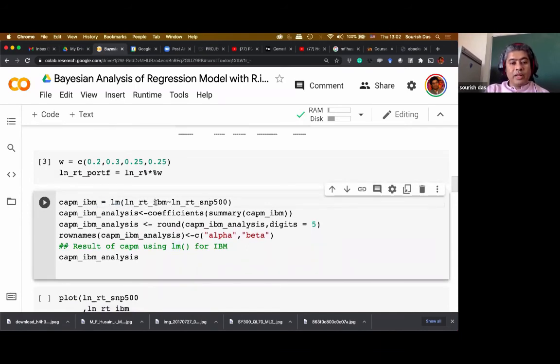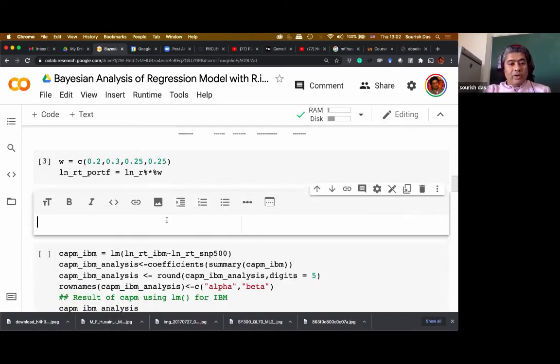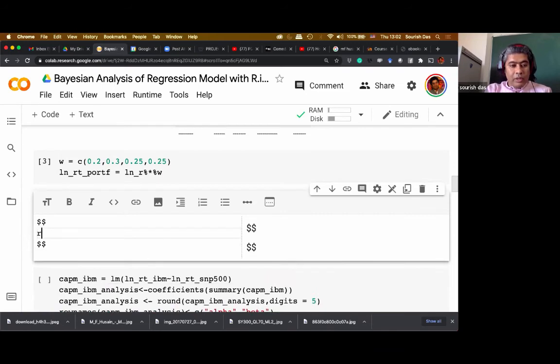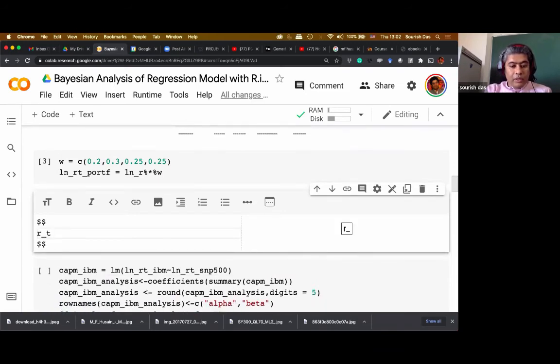I fit IBM as a function of S&P 500. So basically, the thing I want to model is RT of, say, IBM